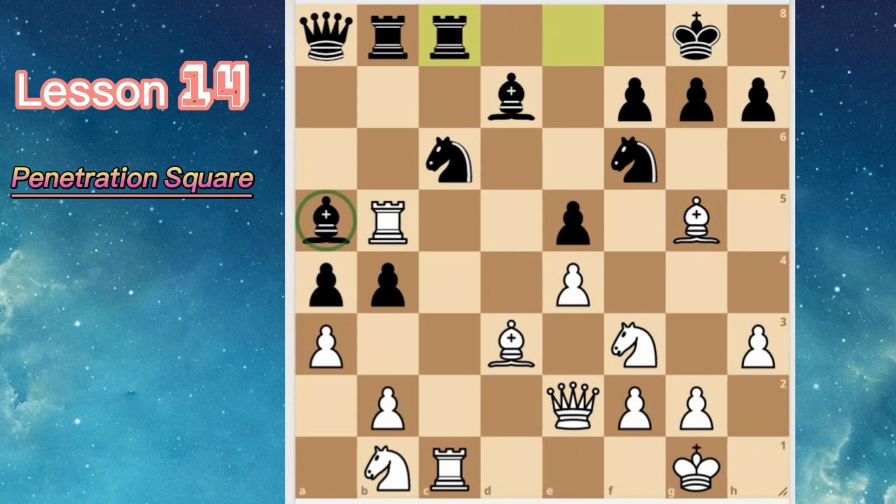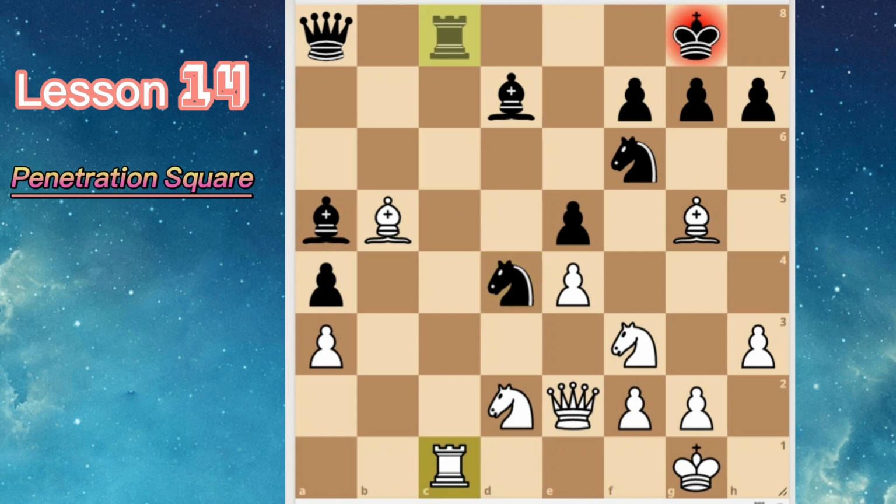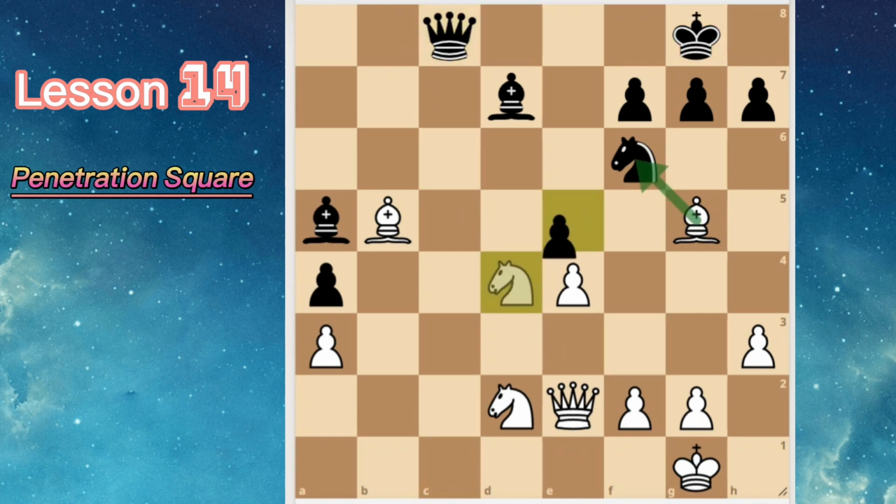But instead of admitting that they had been wrong, black went on with their plan. They played here. Knight goes to d2. White just tries to develop the pieces. Takes. You see that black starts exchanging pieces because they want some space. They thought that it would be easier for them to play. But after all the exchanges, they came to such a position that